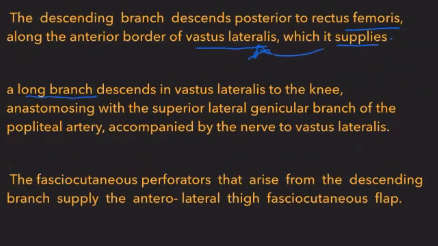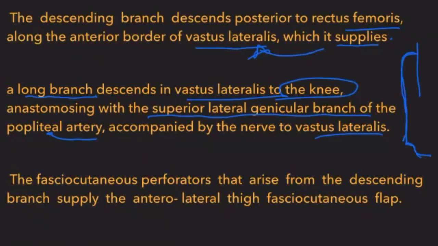A long branch descends in vastus lateralis to the knee, anastomosing with the superior lateral genicular branch of the popliteal artery, accompanied by nerve to vastus lateralis. A very large descending branch descends up to the knee and anastomoses with the superior lateral genicular branch. You have to remember that, because the ascending artery anastomoses with superior gluteal artery